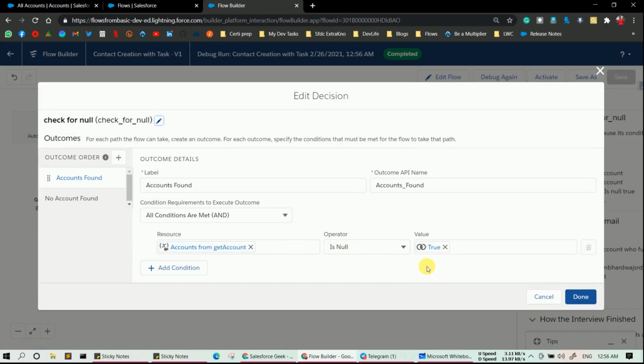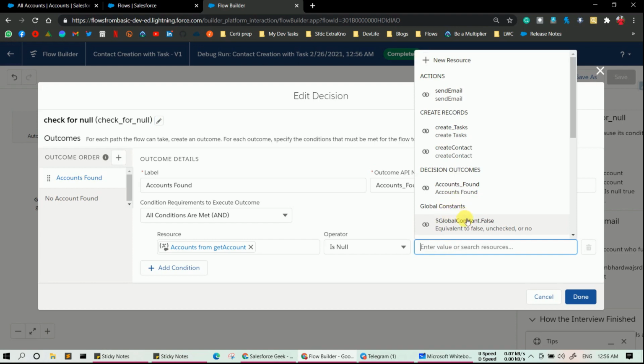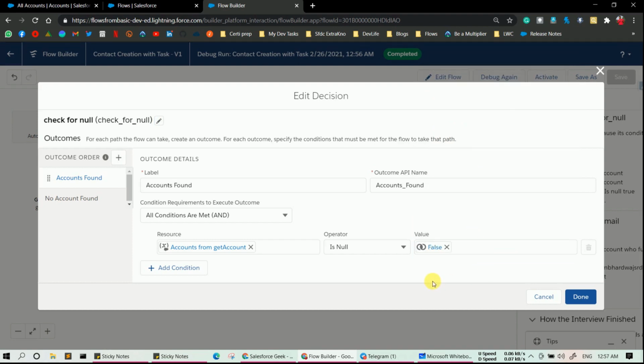Okay, the thing is guys, here is my mistake. I selected true here: account from get account is null, true. What we need to do is select false here, because let's say what is the meaning of account from get account, it's a list, and we are checking whether our list is null or not.